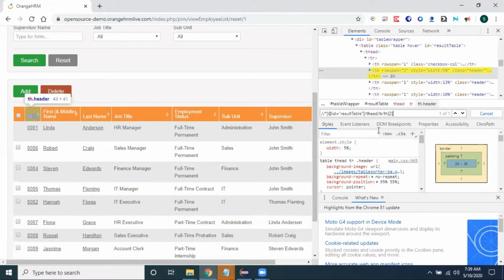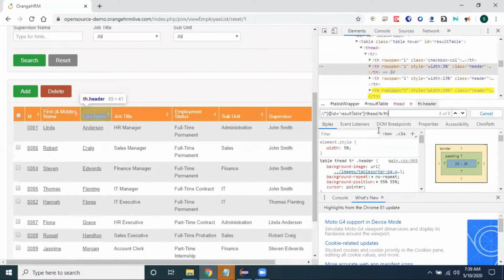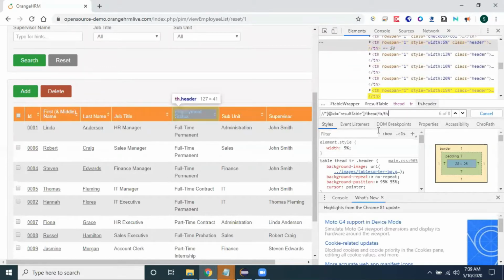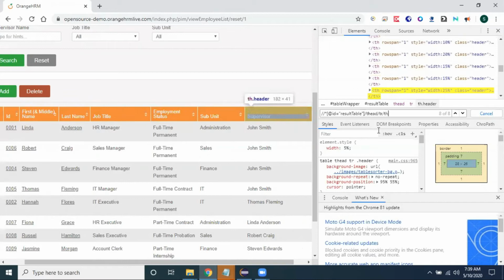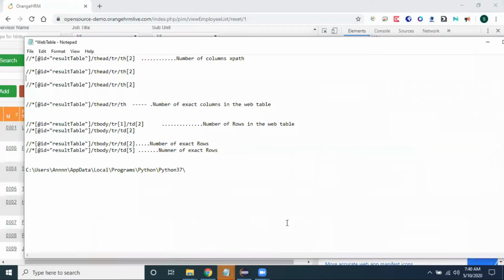But if I remove th of 2, th means table header, it starts from th of 1, th of 2, th of 3, 4, 5, 6, 7 and 8. And here it is showing 8 of 8, which means I can take this XPath for the number of columns.